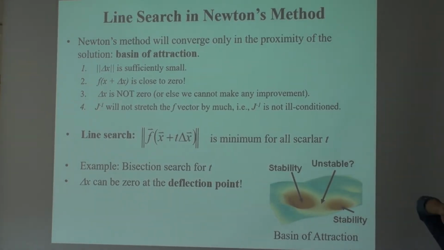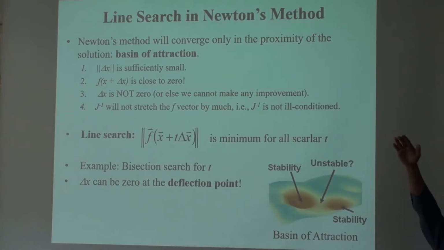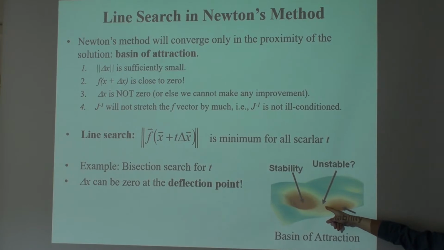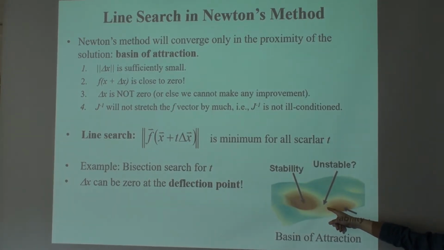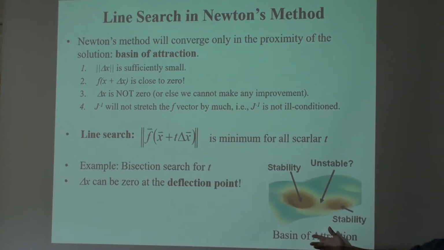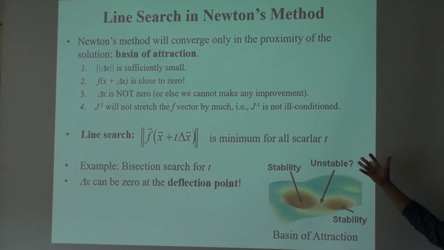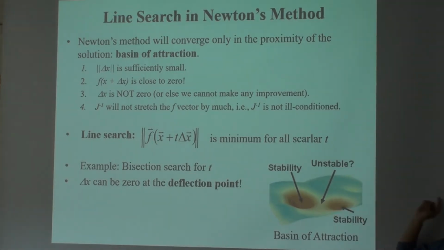Where you try to look for the minimum, but between two minima there is required to be a local maximum. And that local maximum is guaranteed to overshoot you to nowhere, right? Because the slope is flat, the Jacobian is degenerate, or the slope is zero. When you are at the inflection point, line search will be so critical, right? Because you are at the point where the slope will shoot you very, very far, okay? So at this point you need to be careful checking that, okay?